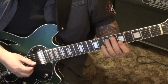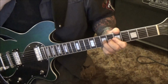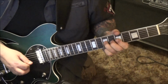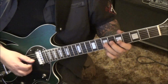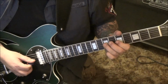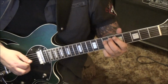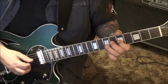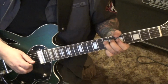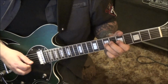So 5B, 5E, 8, 5B, and then 7, 5, 7G bend release. So 203, pick 7G, pull 5, then 7, 5 3 times. So it's 7D, 5, 7G, 7G half step bend release, 5, 7 vibrato. So it's